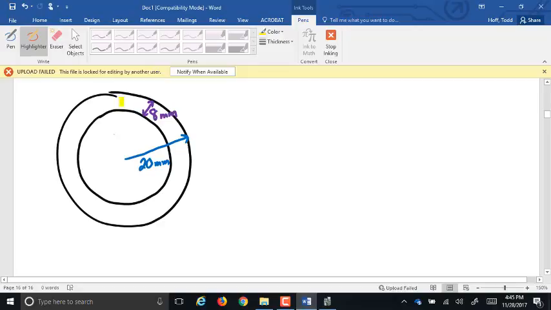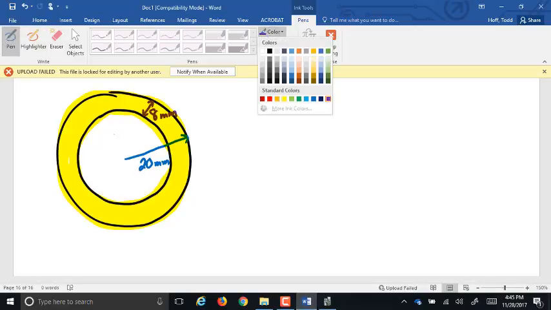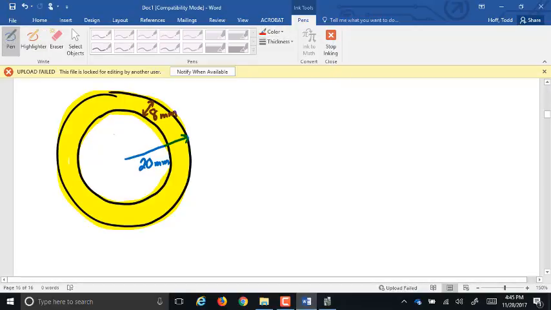I want to know what the area of the washer is, what the area of this ring is, basically. Think of it as a donut. Well, there are actually two ways to find that area. One way involves a calculus approximation. But the main way to find that area is to find the area of the big circle first,